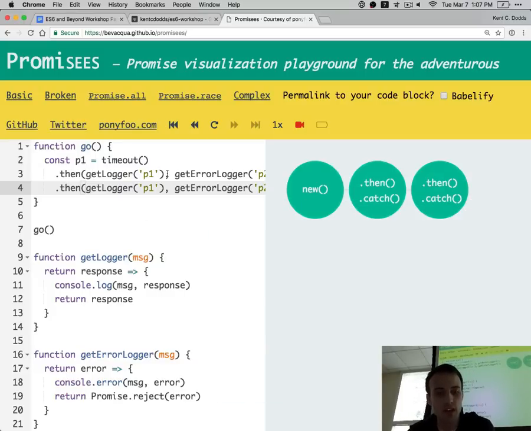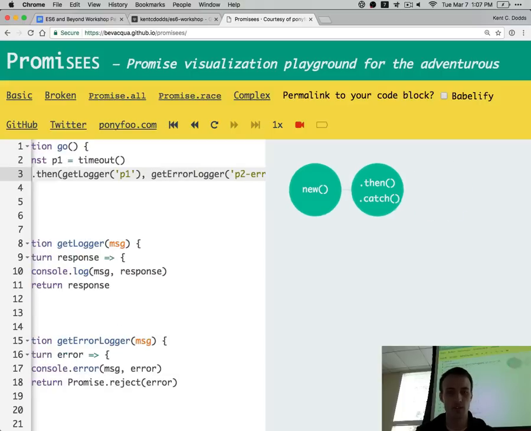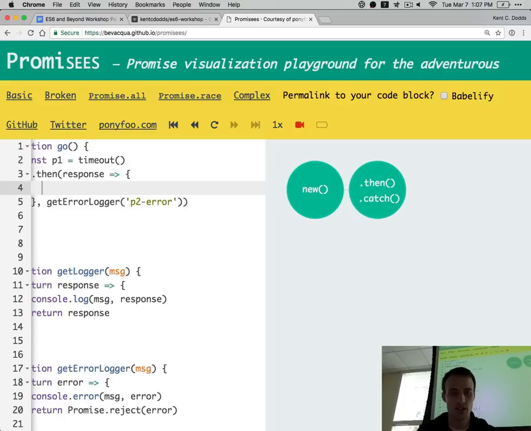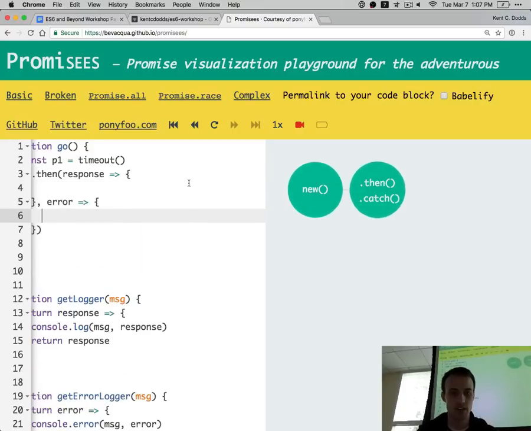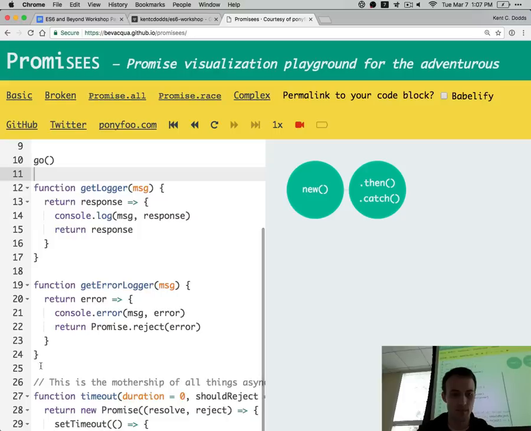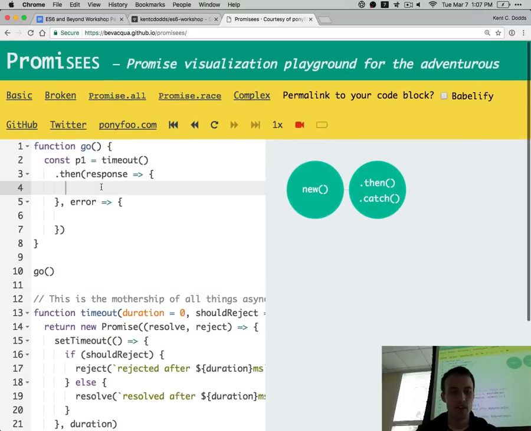But this code still could be a little bit cleaner. You know what? I'm going to do this instead, just to make it a little bit more clear what's going on. Instead of using these functions, we'll get the response and we'll get the error. We'll just do inline functions right here instead. Sorry about that. So we'll console log the response,